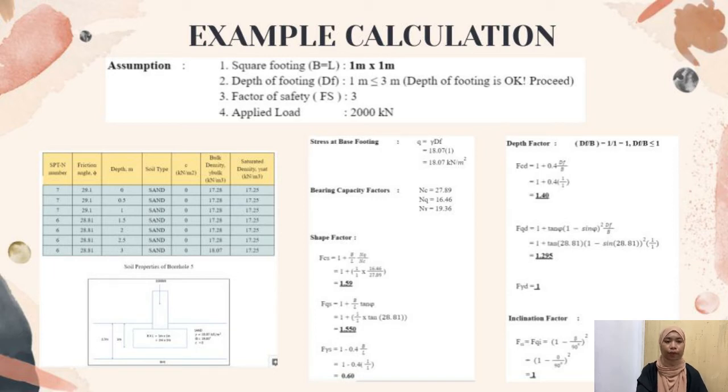dF is the depth of footing, which is assumed as 1 meter. So after substituting all the values, we get the Q value that we'll use in the Meyerhof general equation. Other values have also been calculated, such as shape factors, depth factors where the DF over B is less than 1, and also inclination factor, where this value will be substituted into the Meyerhof general equation to obtain the ultimate bearing